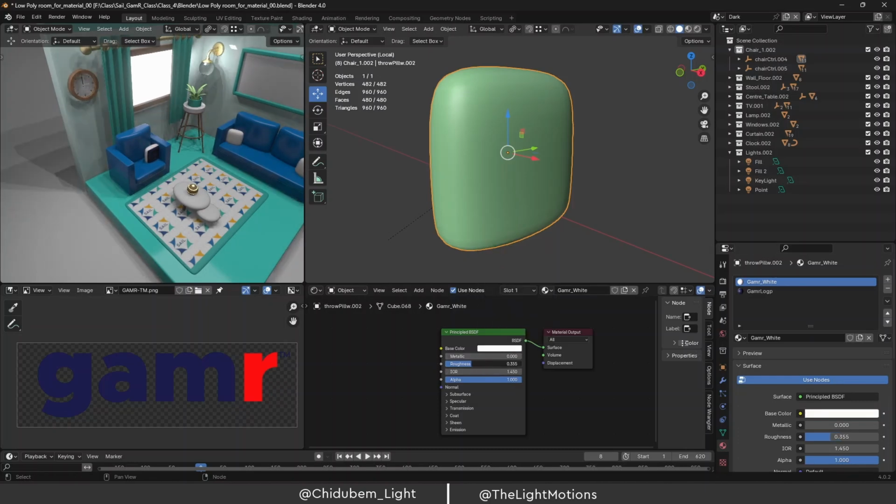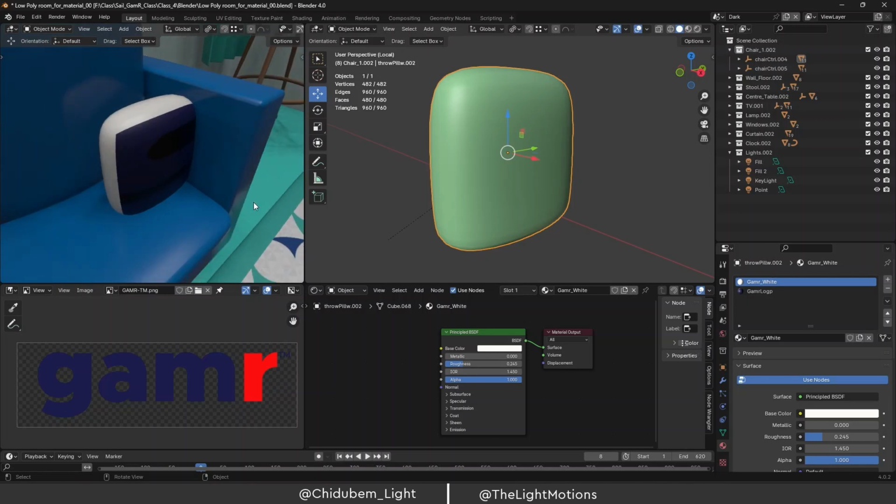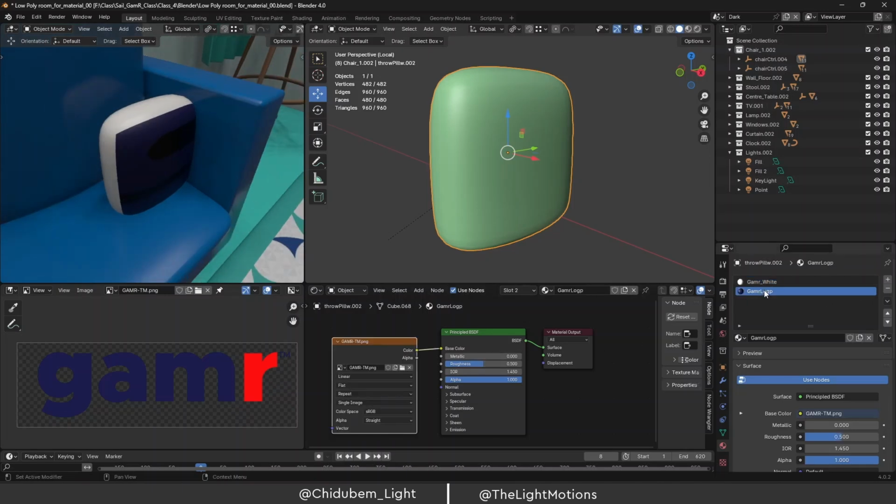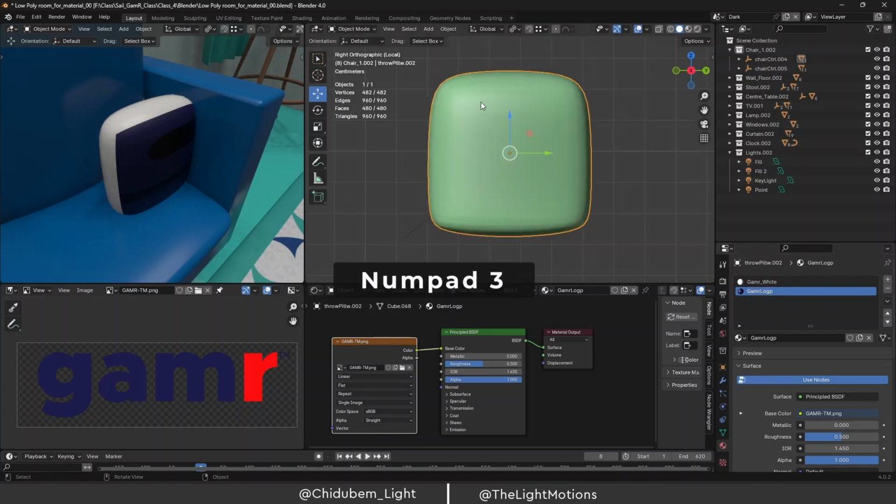Then I think I can reduce. Could that work? And let's see if we can make it a bit glossy, either glossy or not. So once that is done, for this Game R logo, once I'm back here on part three, to have this face this way,